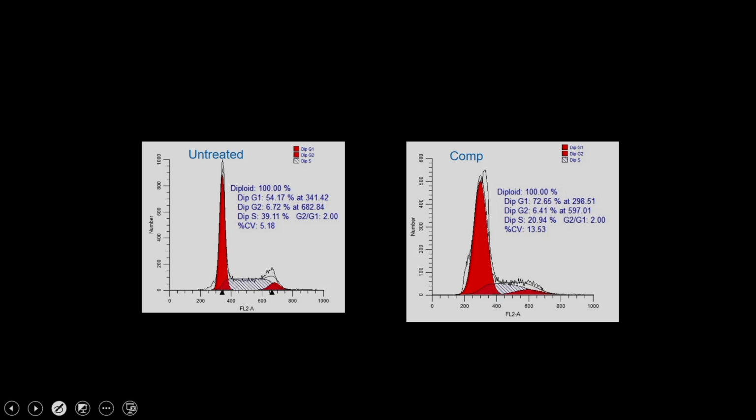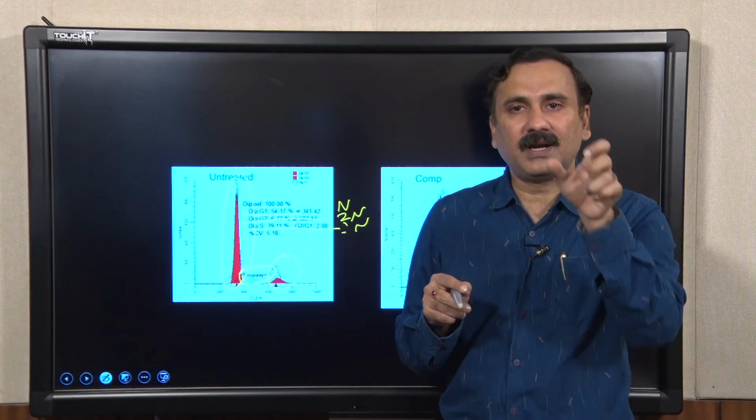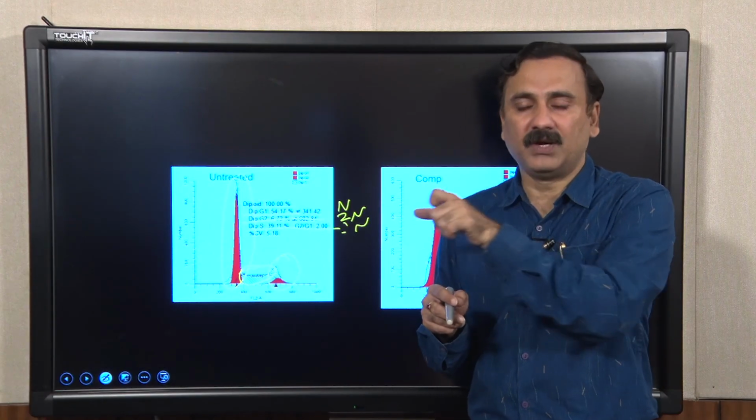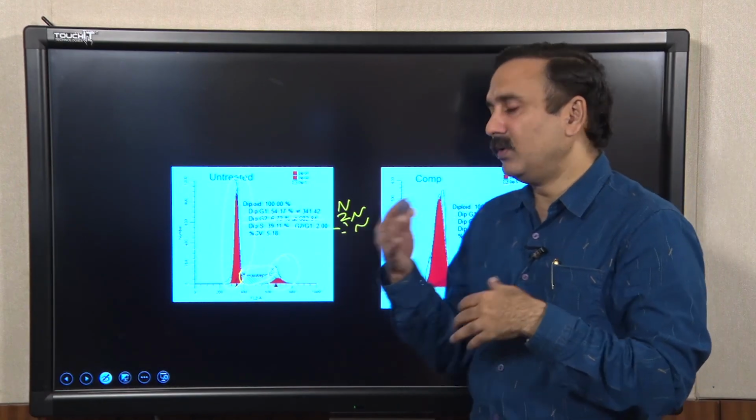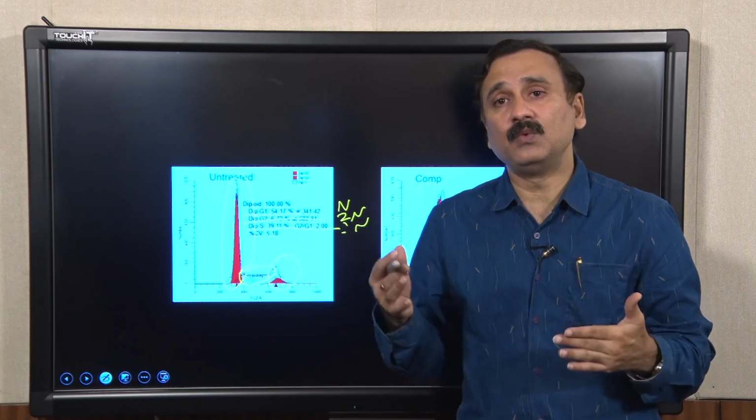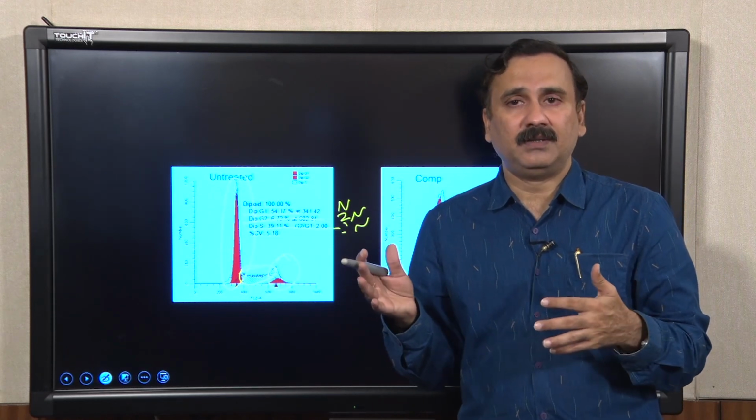So, ideally what will happen? Ideally in the G1 you might have seen that it is n, G2 is also 2n, and the S is actually 2n. This is your G1 phase, this is your G2 phase, and in between what you see is the S phase. So, once you characterize the G1, S, M and G2 phases, it is going to allow you to study the cell cycle.